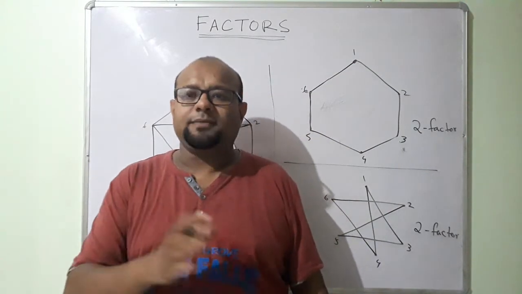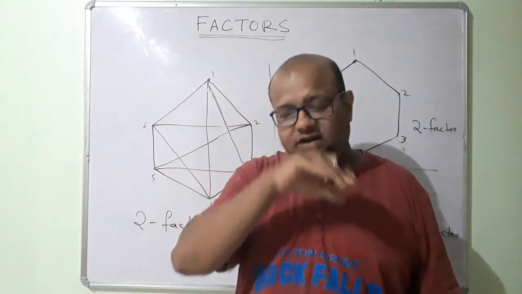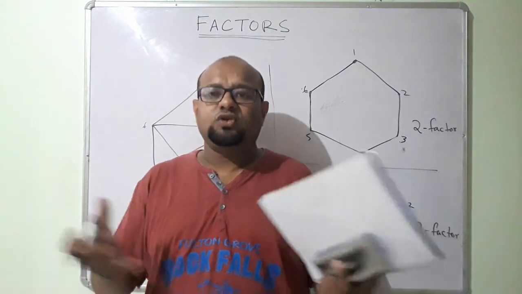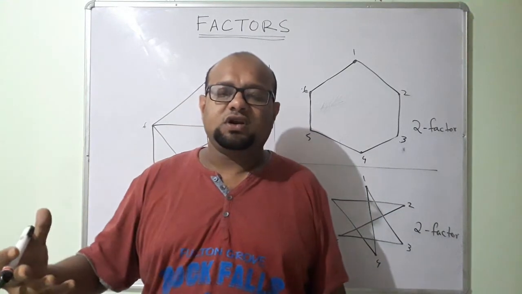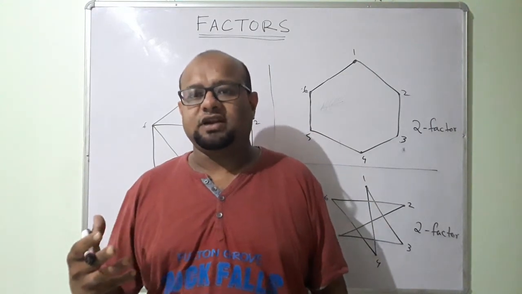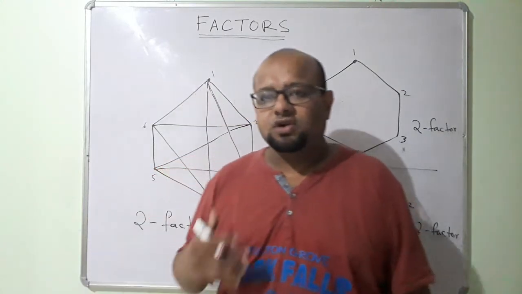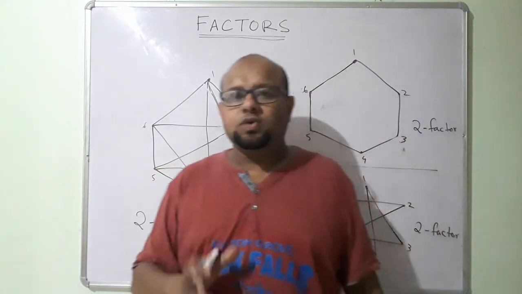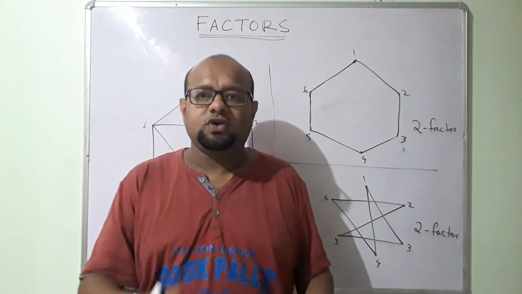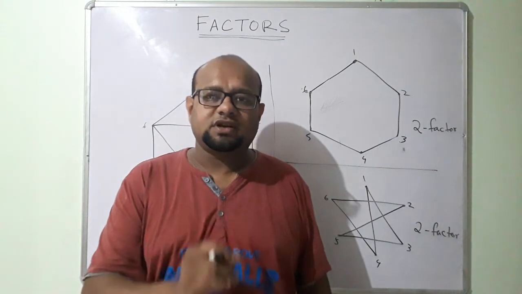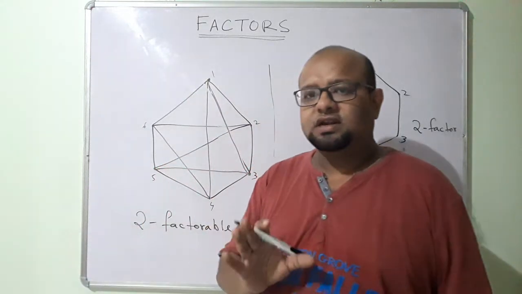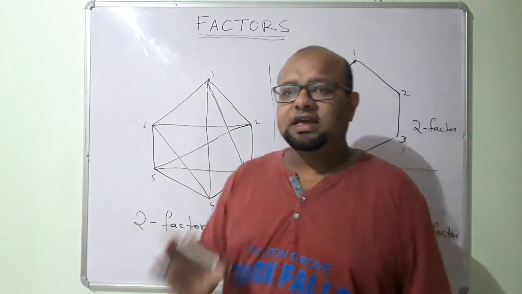But then the k in case of this 1 factor was equal to 1, in case of 2 factor was equal to 2. It was not equal. So although I union them back and got the original Petersen graph, it was not a k factorable graph. The thing that we did was not k factorization. Why? We did not divide into equal k. In case of one subgraph, k was equal to 1, in case of another, k was equal to 2. So for that reason, Petersen graph is not k factorable.